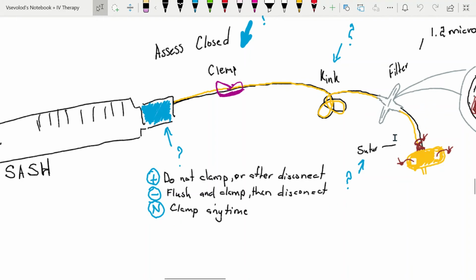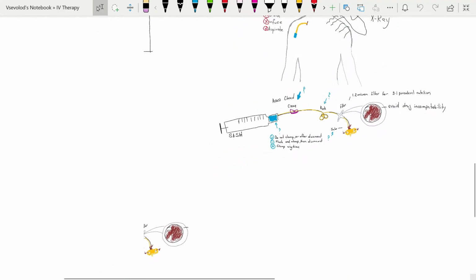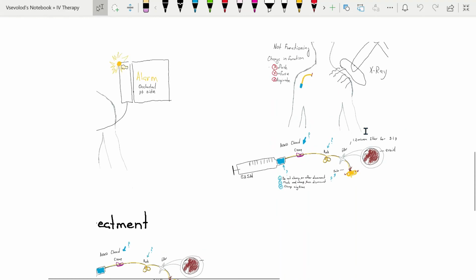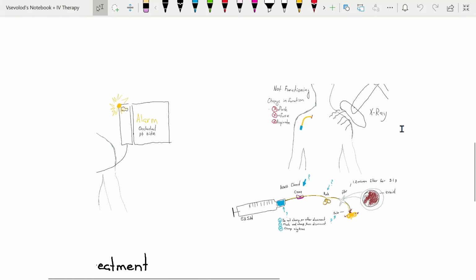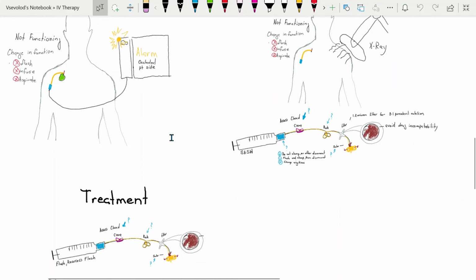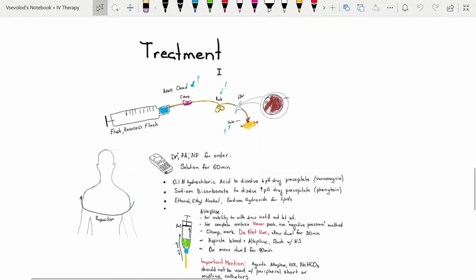Filters. So use a 1.2 micron filter to administer 3-in-1 parenteral nutrition solutions. Now, you can also consult with the pharmacist to help identify causative agents or solutions and avoid potential drug and drug interactions or solution and drug incompatibility. So what do we do if the occlusion did happen? How do we resolve it